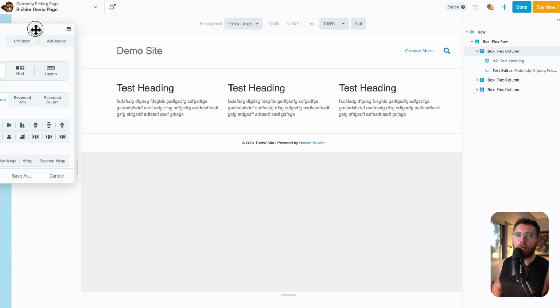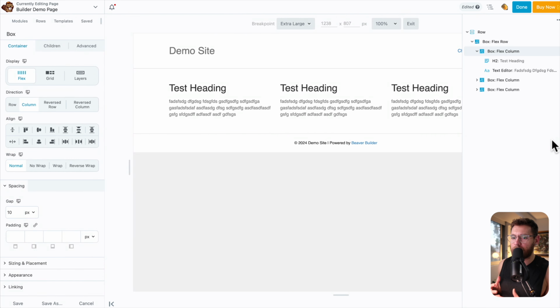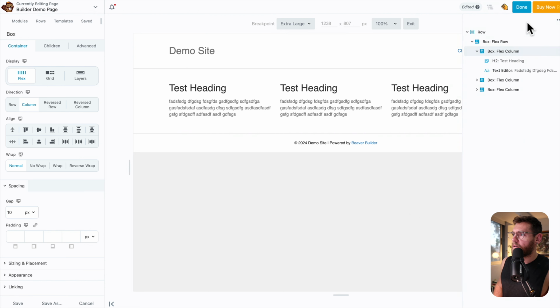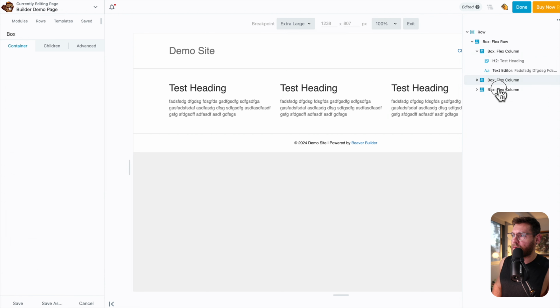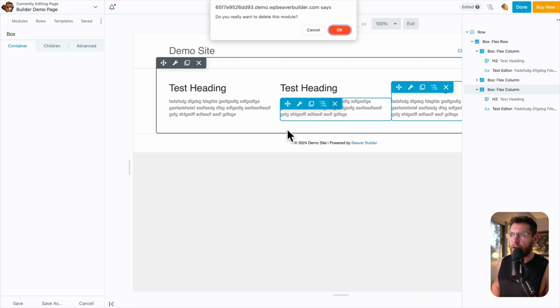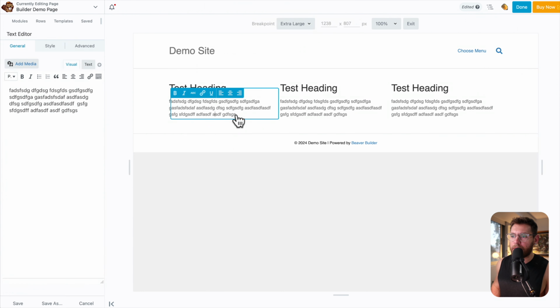But I think I do prefer it just fixed over here so that I know where the settings are. It just seems like to keep it more uniform. With the outliner over here, it's floating over the top. It doesn't actually push the content. So if you're used to using a tree to navigate between elements, I think that might be something that is different. Also, if you don't show the outliner here, to get to the box that wraps this, I can go